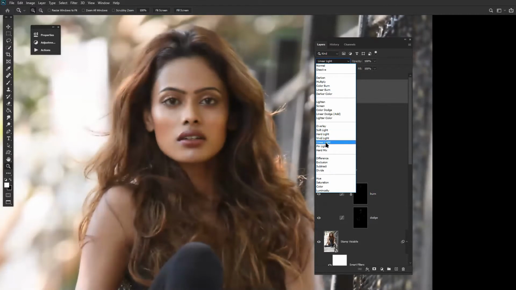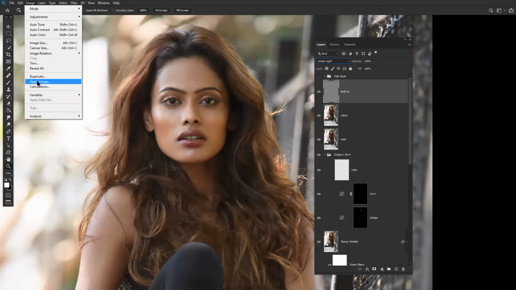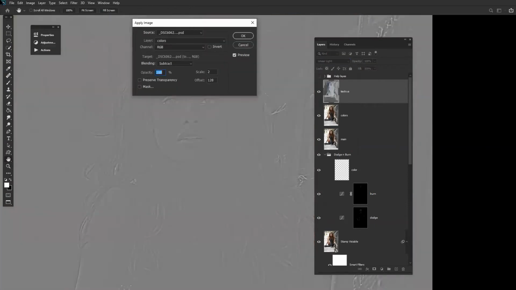But in linear light, it enhances the sharpness the most and removes the hue saturation colors totally. It only gives a perfect 18% gray, which keeps the textures intact and removes the color from the image. Same goes in the blending mode also. When we go inside the blending mode, subtract, what it is doing, it's subtracting the colors out and it's only keeping the gray texture. It's providing a gray with a texture to you.